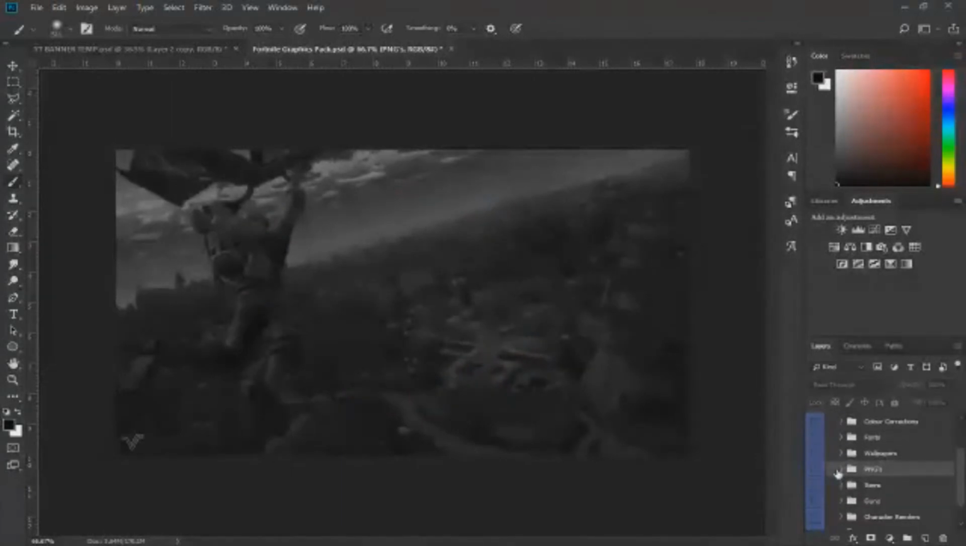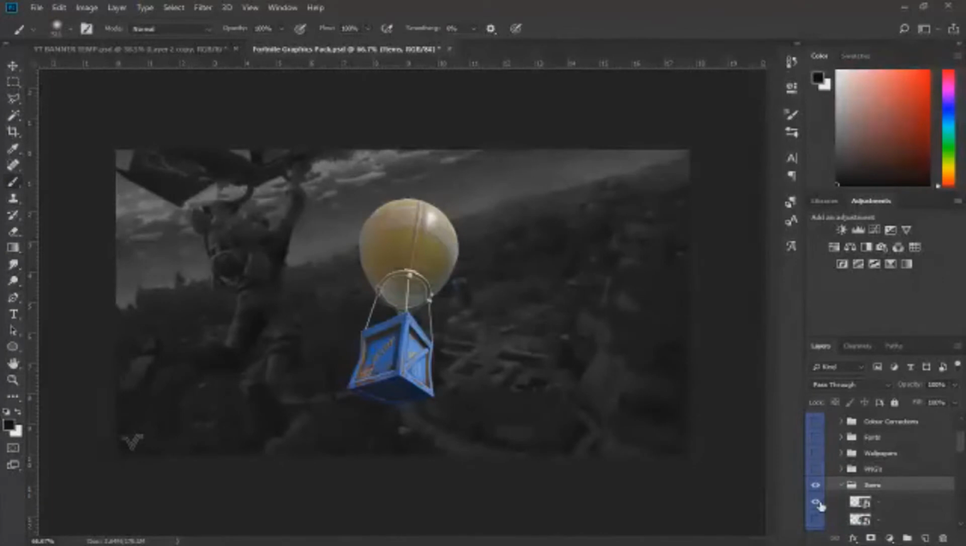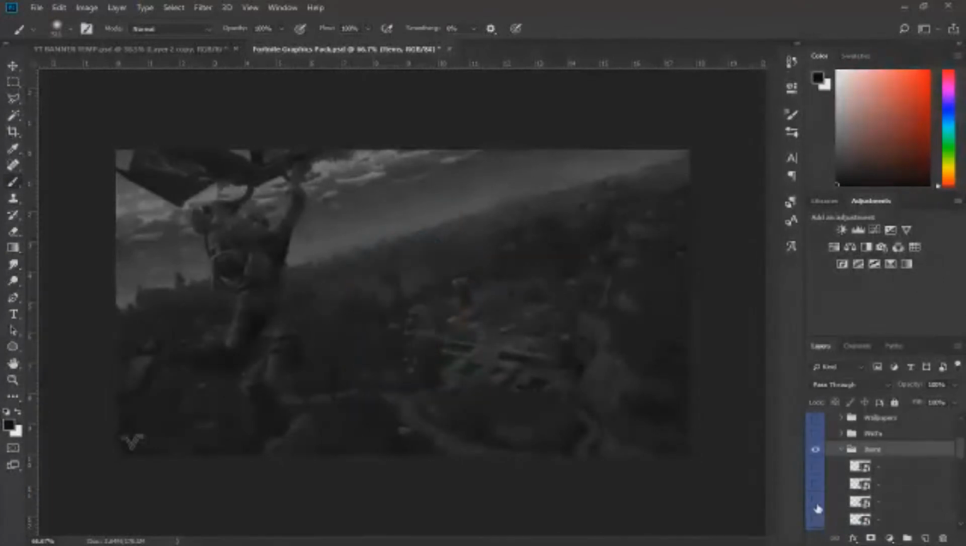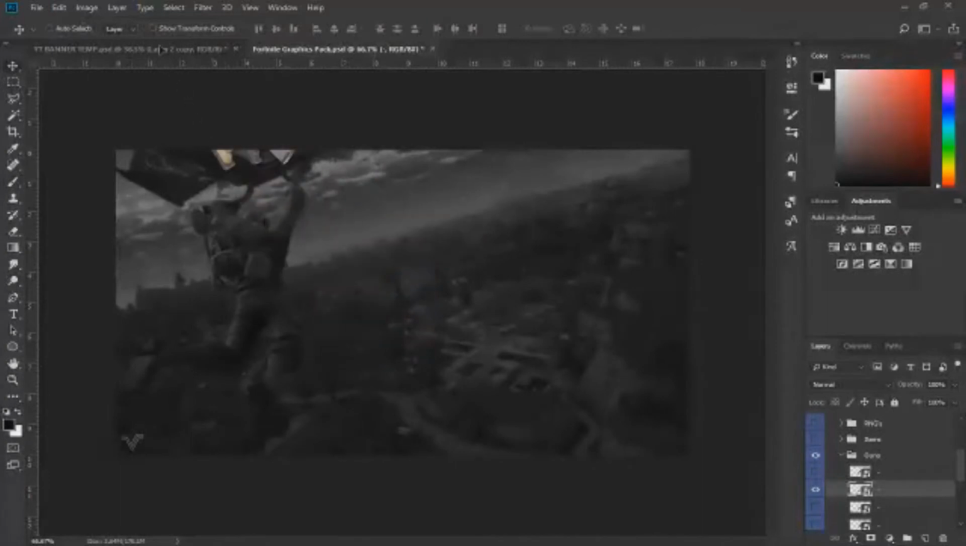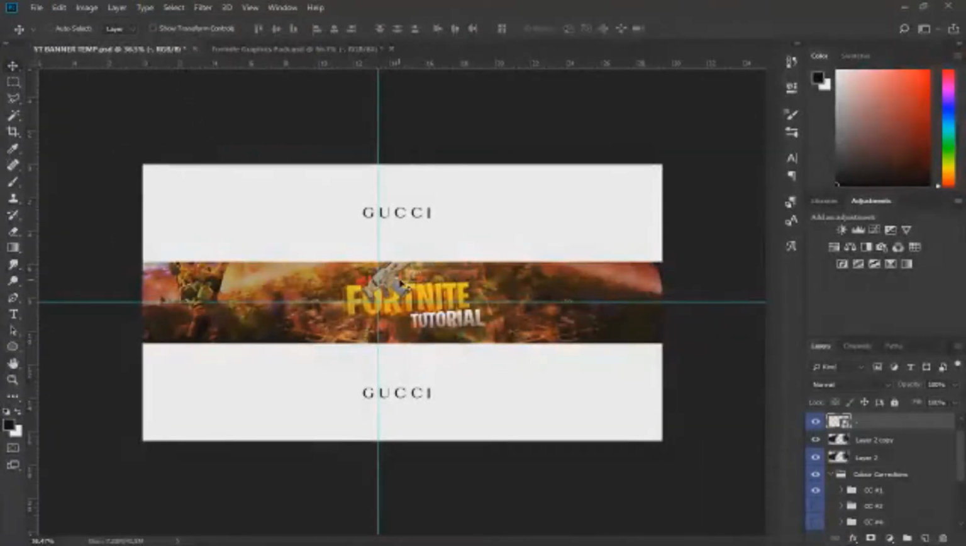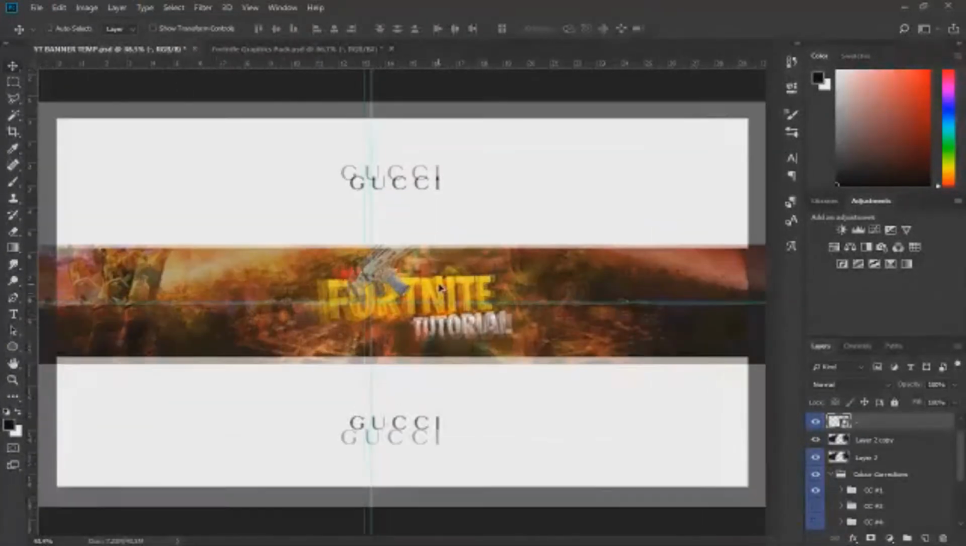And the good thing about this pack is that it's got everything you'd ever need. So you go in here, you've got items. Just like that. But what we want is the guns. I'm pretty sure I used the grenade launcher and the scar. So there's a scar. And what you can do to make this look extra good